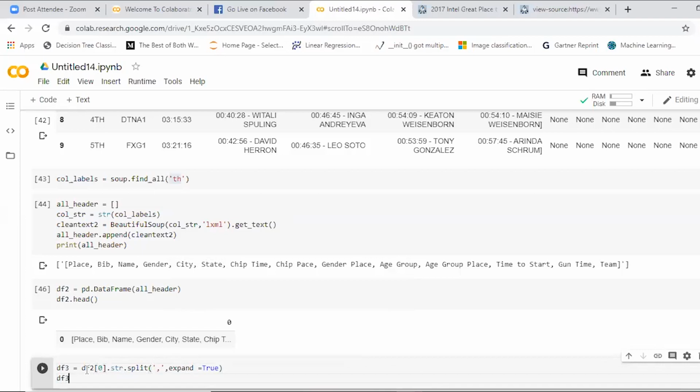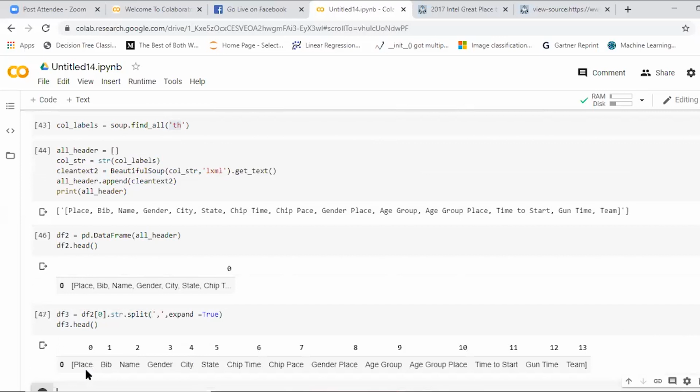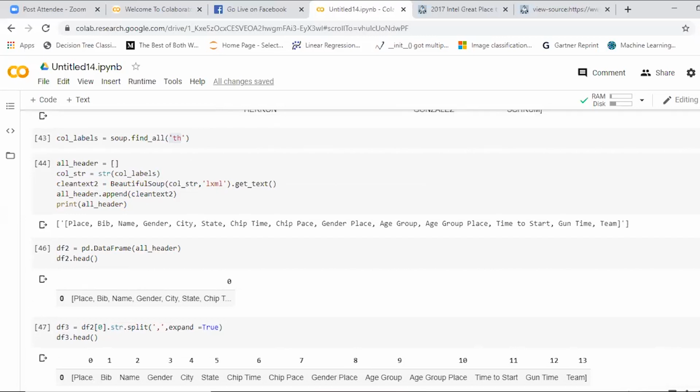Then you give out df3 dot head. Now can you see all 13 columns, 0 to 13, we have the column names. Now we need to assign this into the previous data frame, df1. Is it clear till here?